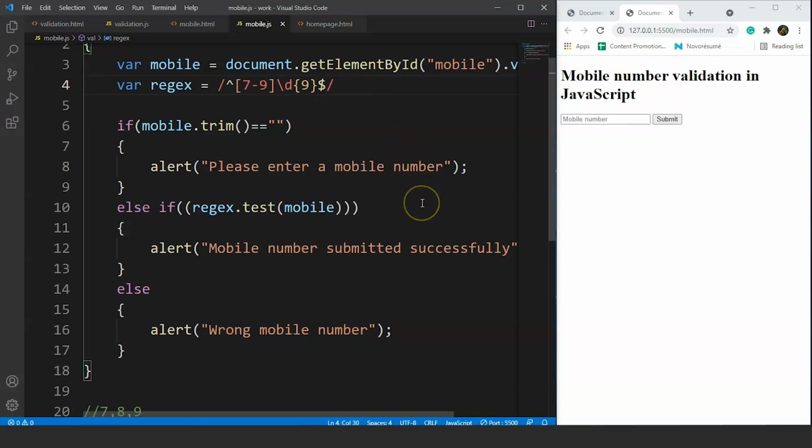Save it. And now it will work fine. And one more thing guys, don't misunderstand this caret character with the one we use inside the brackets to exclude any particular string. Like if we remove this from here and if we insert this caret character inside this bracket, what will happen is it will exclude this particular range. It will exclude 7, 8 or 9.